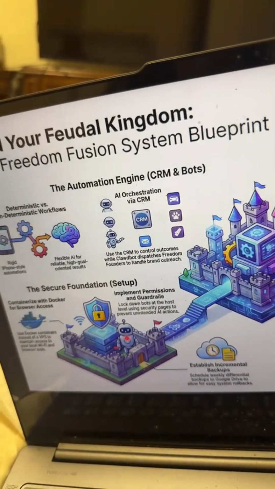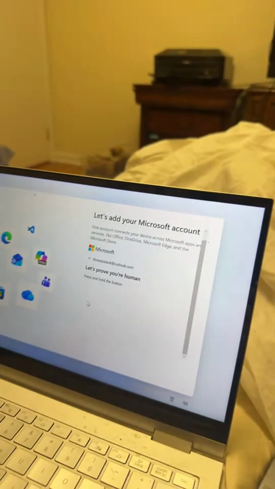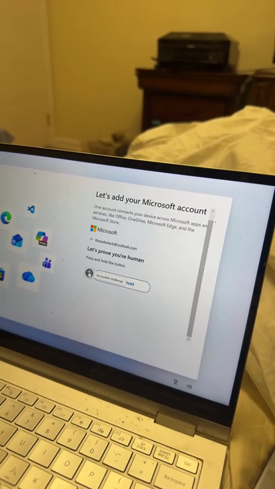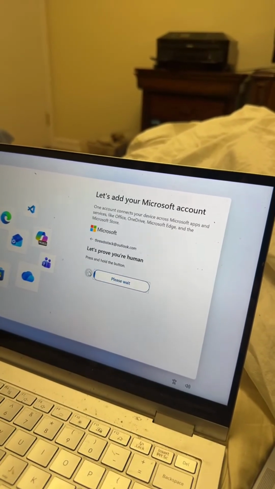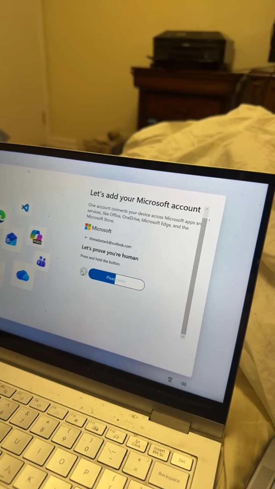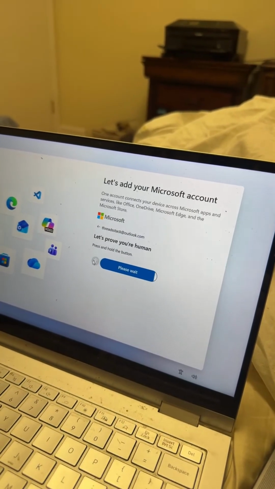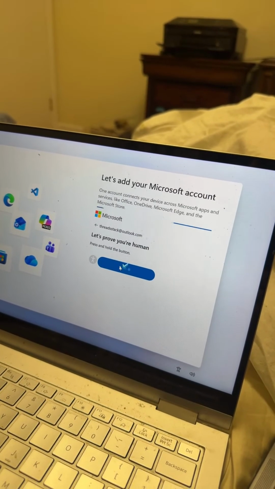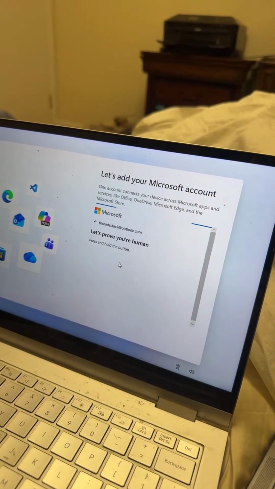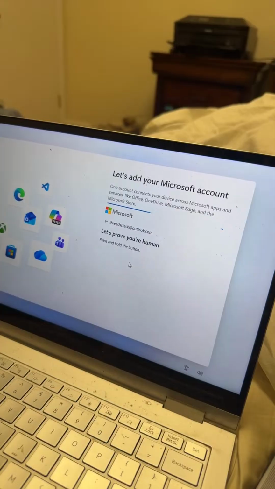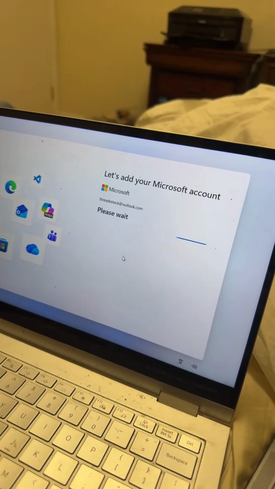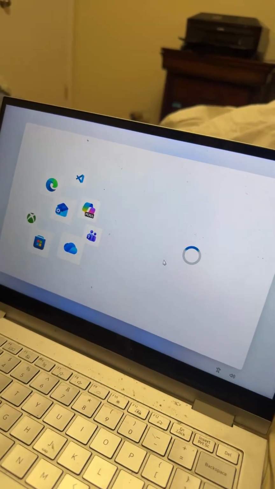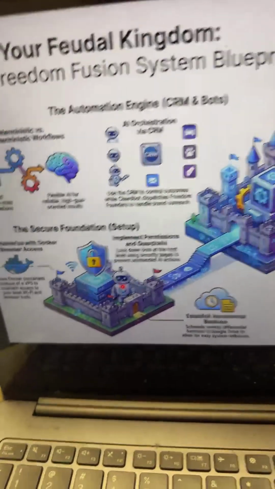And yeah, guys, so this is how it works. So let's prove you're human. Press and hold the button. So you're gonna hold the button, okay? Please hold. Boom. Press again, okay? Press and hold the button. As you guys can see, there we go. So we have completed our verification for the basic setup of Microsoft Office 365 while operating our